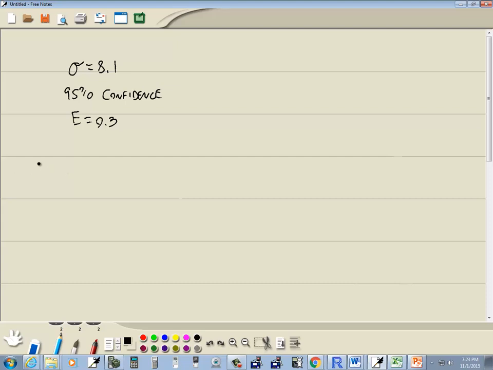Okay, now our formula for the sample size is n equals z alpha divided by 2. The book uses a little bit different notation than this, but same idea. It's our critical z-score, times sigma divided by E, and all that squared. Well, we're given sigma and we're given E. The one thing we're not given is this critical z-score. Now to find that,